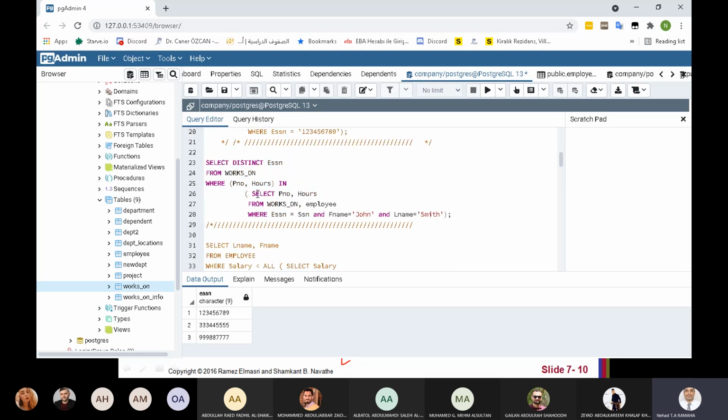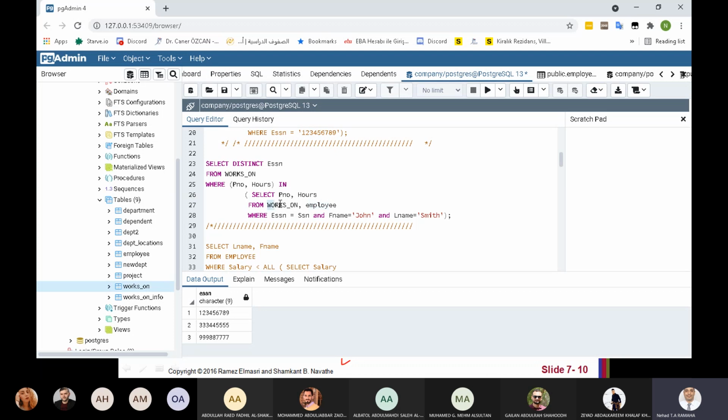Okay. We have the project number and hours for the employee whose name is John Smith. The name is inside the employee table. That's why we want to connect works on and employee, and this is a join condition. Then, not all employees, I need only John Smith. So, same query, I just don't use the ESSN that we know here. I use the name. Name exists in employee.